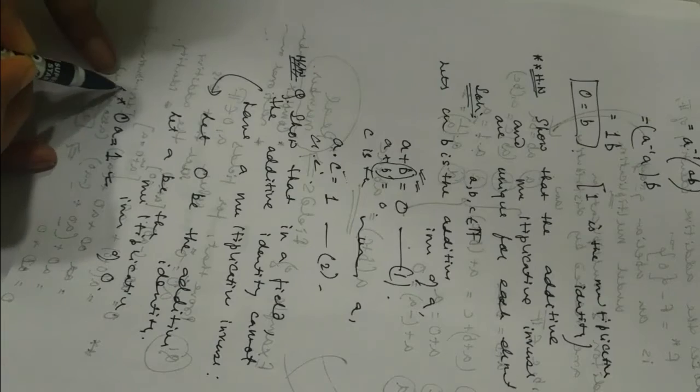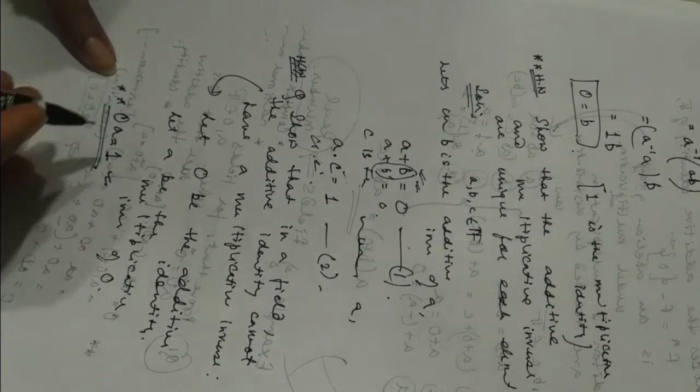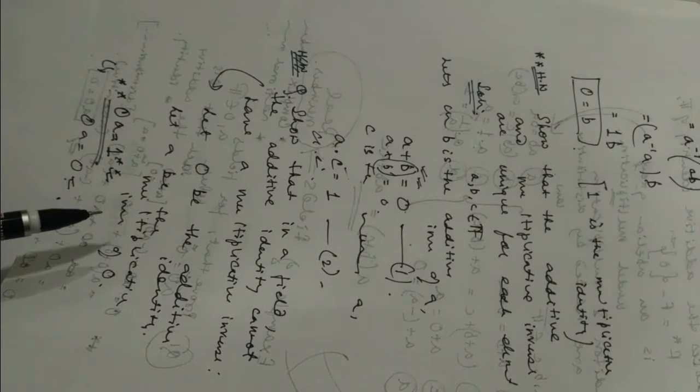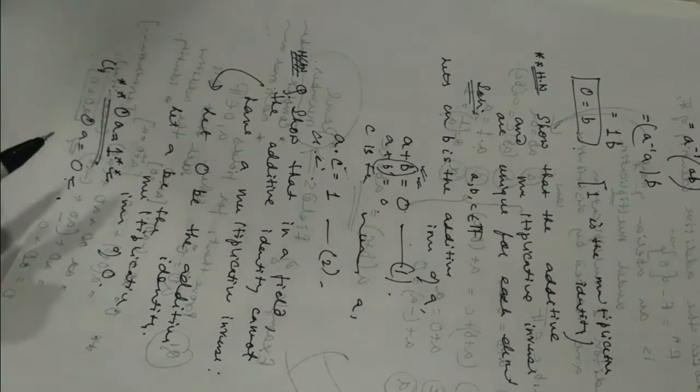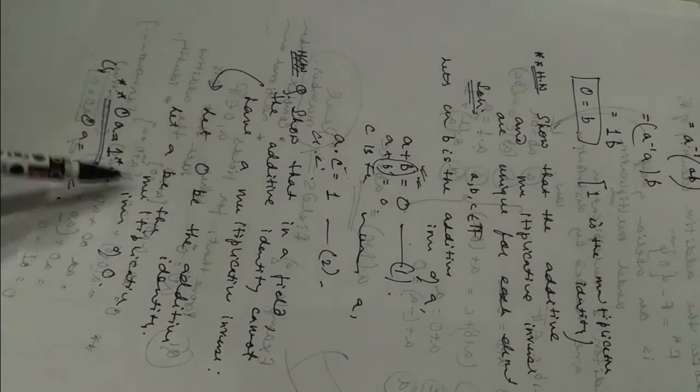This equation needs to be satisfied, but like we know, this is impossible because just now we have proved that 0A is equal to 0. So this equation immediately tells us that this cannot prevail, and hence the additive identity cannot have a multiplicative inverse, right? So this problem has already been solved, just that due to the terminology I wanted to show you this, that it's beautiful to see that the additive identity cannot have a multiplicative inverse, and it has already been proved, right? Okay, so I think that should be enough for you